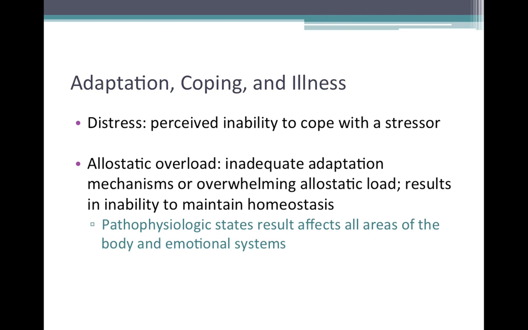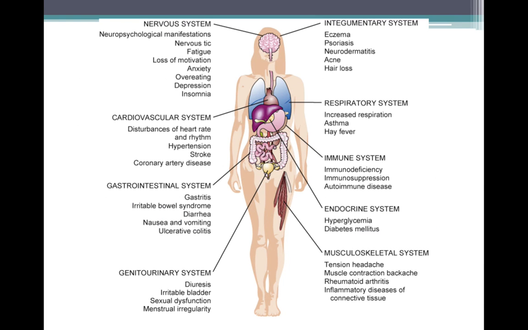getting back to homeostasis. Now, pathophysiological stress really results from when all the organ systems fail to bring your body back to homeostasis, and this relies on emotional and biological factors. Now, what's interesting is that there's a lot of effects of stress on the organ systems of our body. So if we just work our way through each of the organ systems, well, we'll look at the nervous system, the cardiovascular system, the GI system, our genitourinary system, integument, respiratory, immune, endocrine, and musculoskeletal systems. Stress has an influence on or effect on all of these systems.